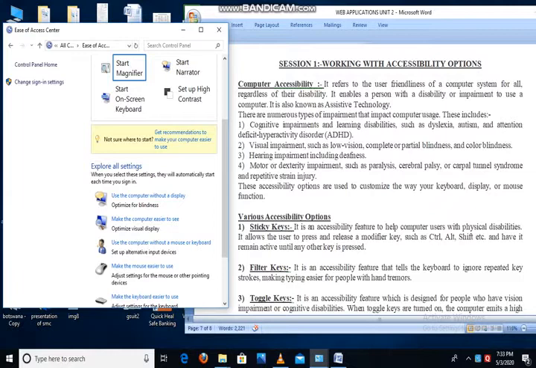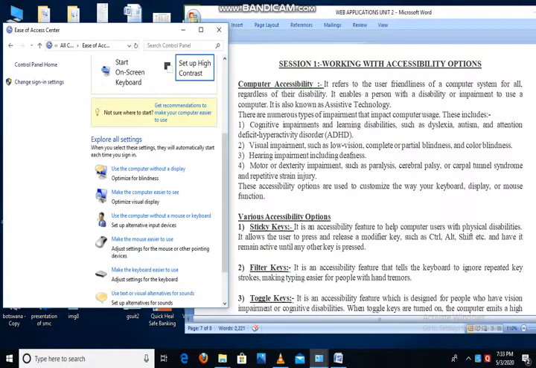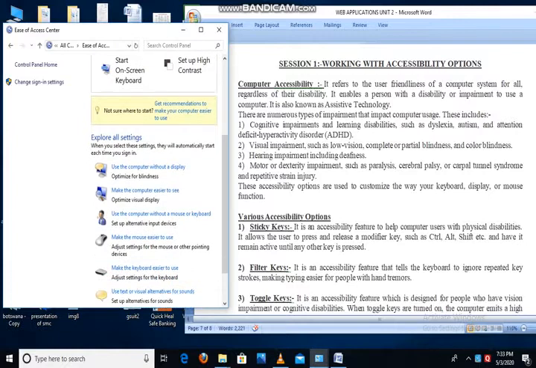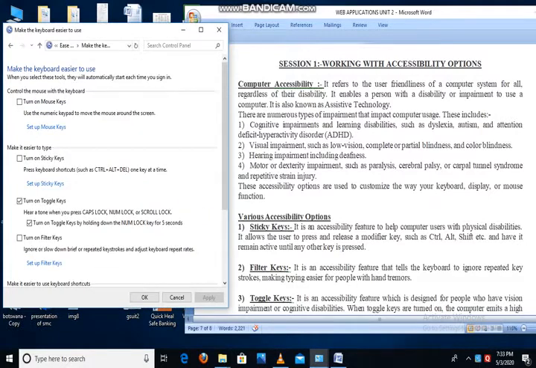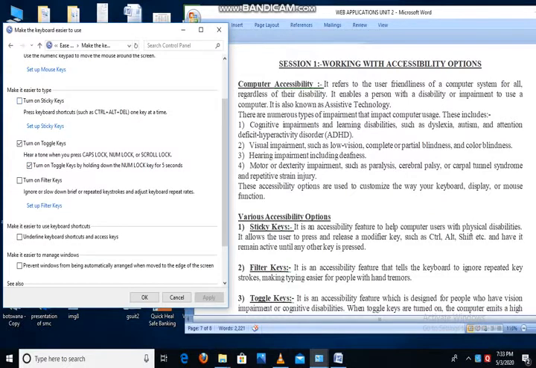That means I'm customizing the keyboard for those people who have impairment problems. Now I'm clicking on make the keyboard easier to use. Double click on it. Now you can see different options here: sticky keys, toggle keys, filter keys.